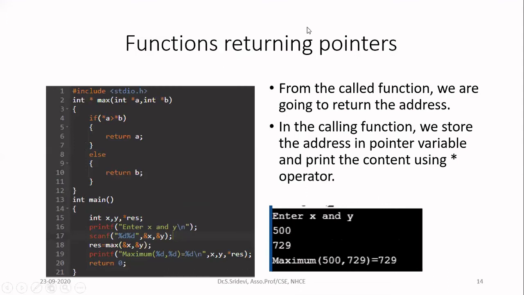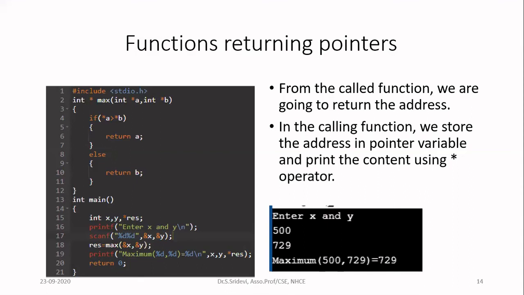So what is the meaning of functions returning pointers? Every function will return some answer. If it is not returning any answer, you will write the return type as void. Okay, so now let us see what is the meaning of functions returning pointers. You look at this function. Here the return type, see the line number 2, I have written the return type as int star. So what is int star? It's nothing but integer pointer. Star is going to tell you pointer. So this function is not returning simple integer, instead it is returning integer pointer.